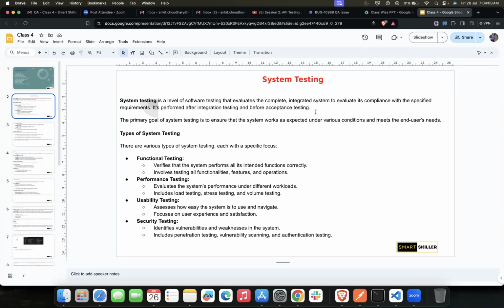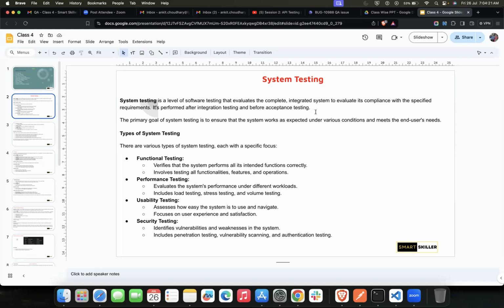What we mean by that is it has no major flaws or major issues, and whatever the vision was, or whatever set of requirements needed to be fulfilled before it can be deployed, has been met. So that is acceptance testing.